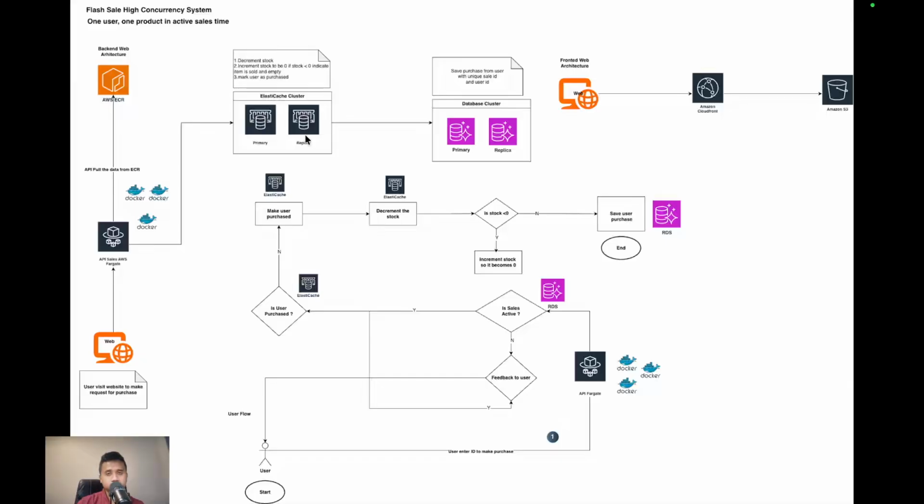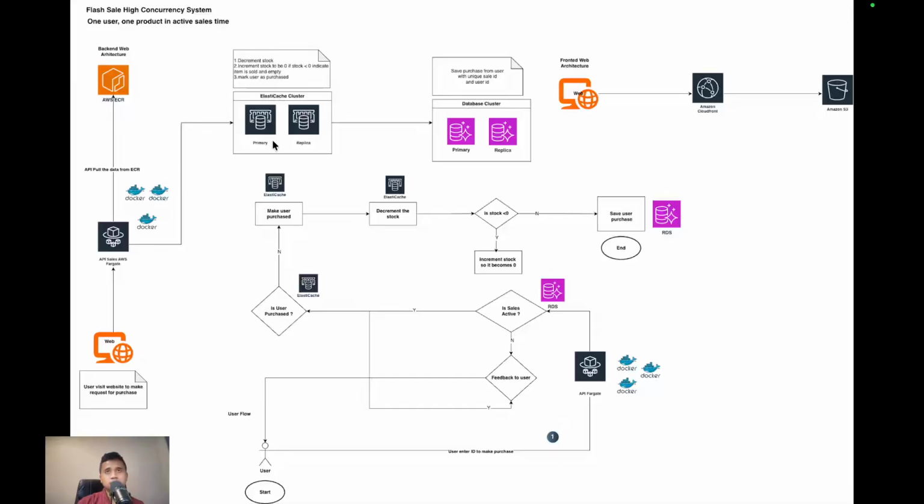I'm creating a cluster here to mitigate the risk if one of the Elastic Cache nodes is down. If one of them is down, it will promote the other machine, which is its replica, to be primary. So we can ensure this Elastic Cache is always on.